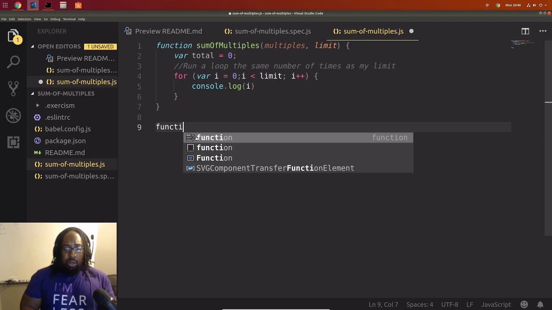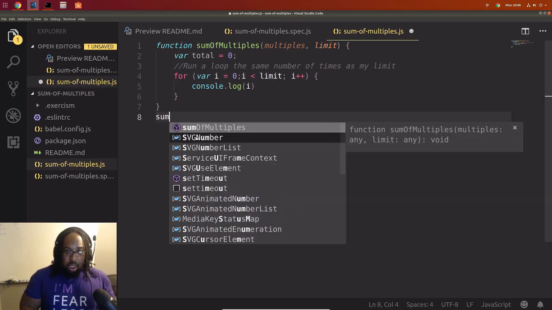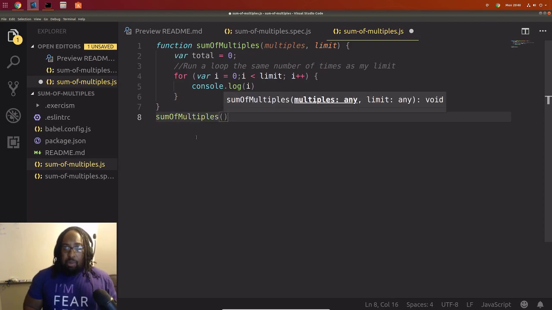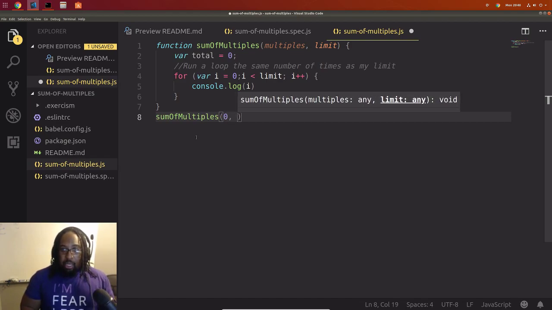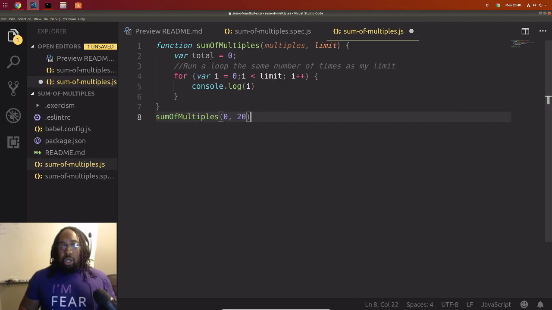What if I do sum of multiples, and I pass in 0, but then I pass in a limit. Let's pass in 20. And let's see what happens.